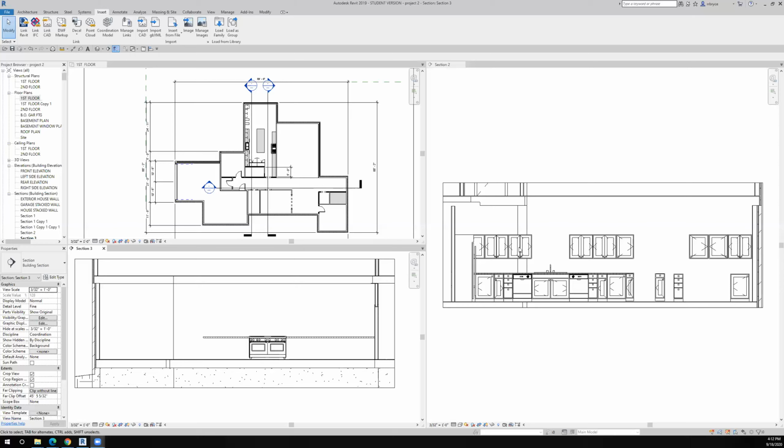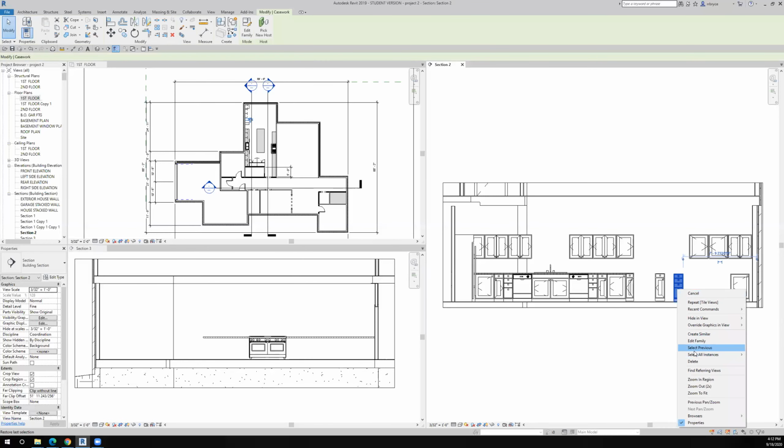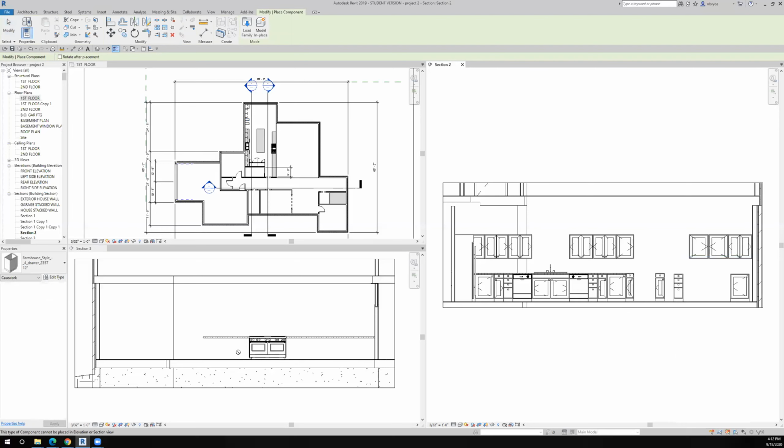And this view shows the assembly of the cabinets that I put in on the previous demonstration. And now I can pick what kind of cabinets I want. Let's say I want this kind. I simply right click and I say create similar. And then I come over here and I can